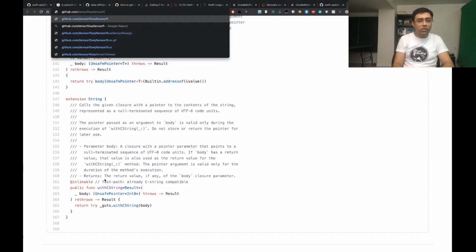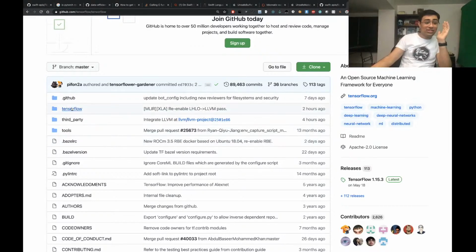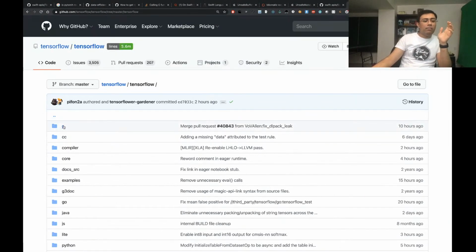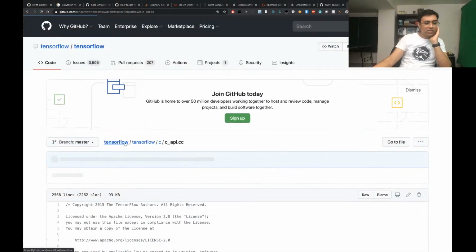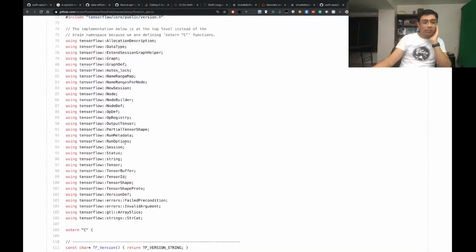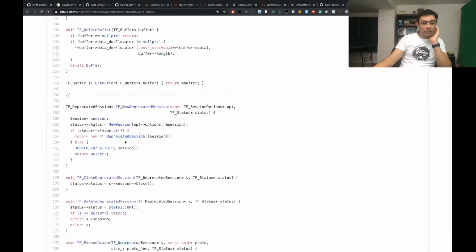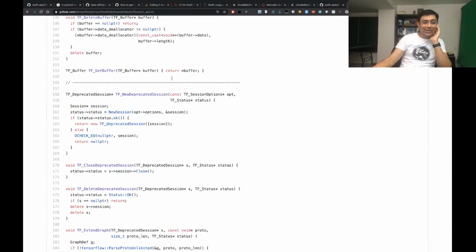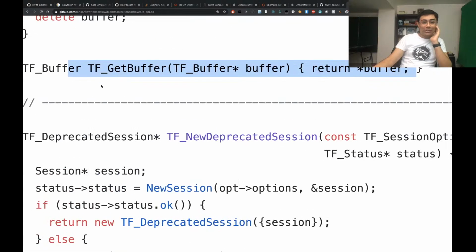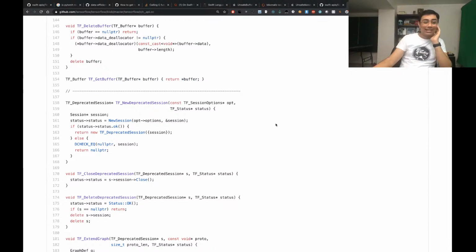We would need to go to the official TensorFlow repository, which is a mess. There's so much stuff here. So C API, let's just start here and see if we get somewhere. Ooh, so much stuff. This is a funny function, TF get buffer, which just dereferences the pointer that you pass to it. Anyhow,